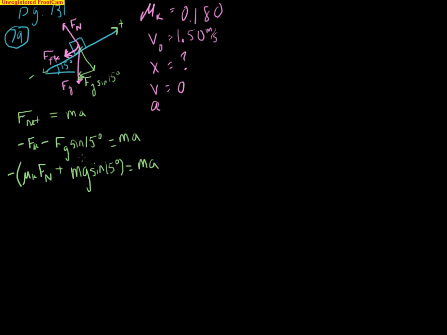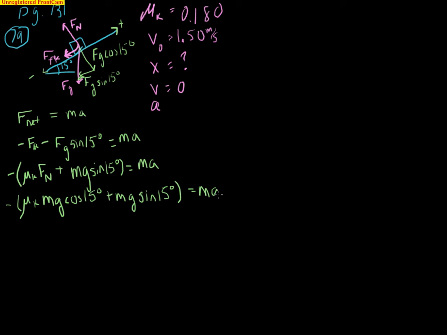Now, we're a little closer. We have an m here. We need to get this in terms of m. So we need to expand the normal force. What is the normal force? That's just going to be equal to our y component of the force of gravity. That has to be balanced by something so that the box isn't raising up off the incline. So that's balanced by Fg cosine of 15 degrees. So now we can write this as mu k times, and Fg is just m times g times cosine of 15 degrees plus m times g times sine of 15 degrees